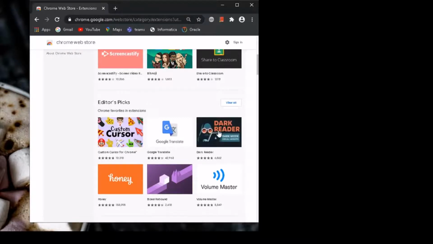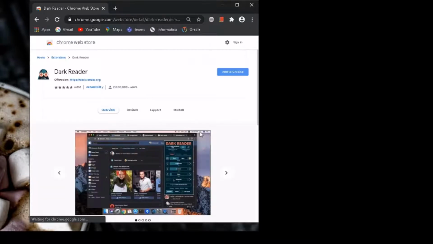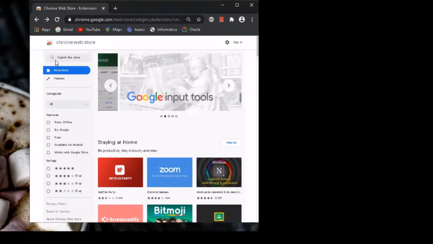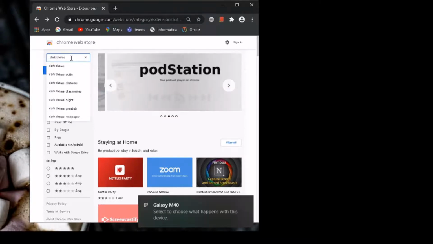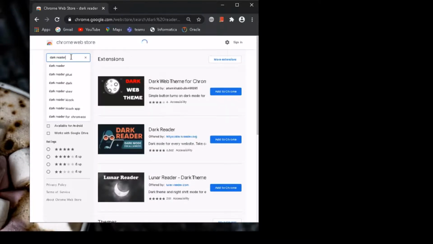You can directly click on this and add to Chrome. Even if you're not seeing Dark Reader on your page, you can go here, search the store, and search for dark reader.